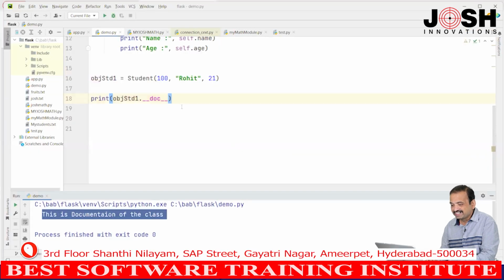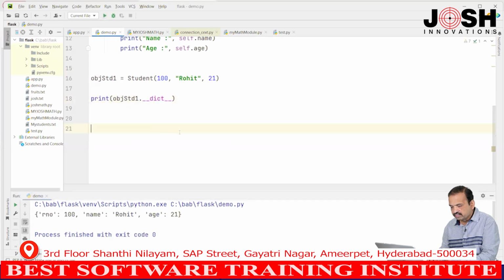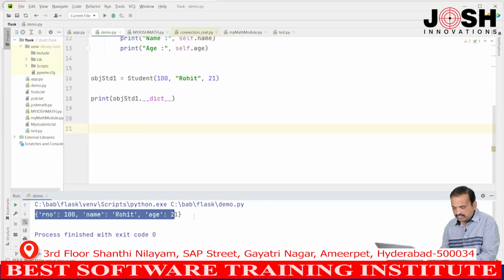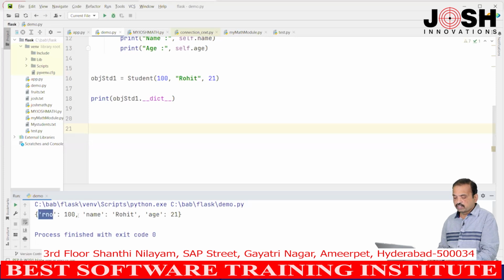For example, now we will say dict. What is this dict? DICT will give the attributes and values. See here in dictionary, roll number 100, name Rohit, age 21. Dict will give the values of the attributes or variables in key value pair. See, dictionary will store in key value pair, right. So, roll number is key, 100 is value, name is key, Rohit is value, age is key, 21 is a value,